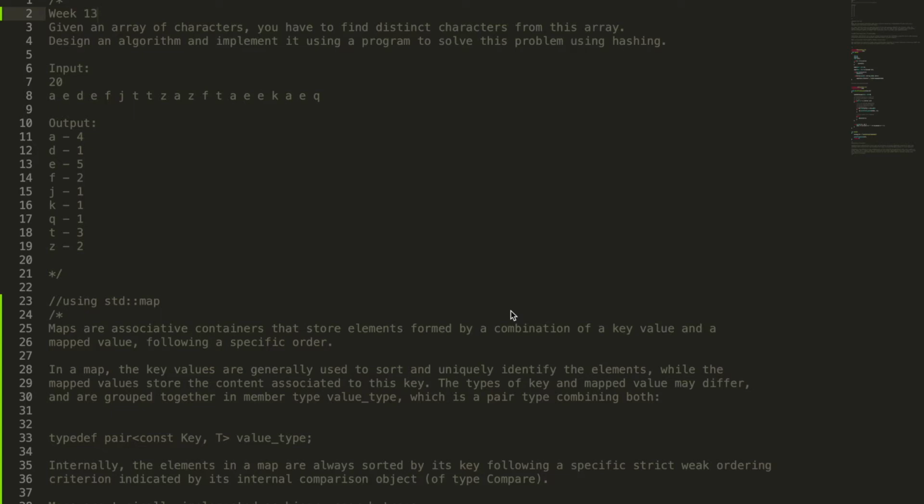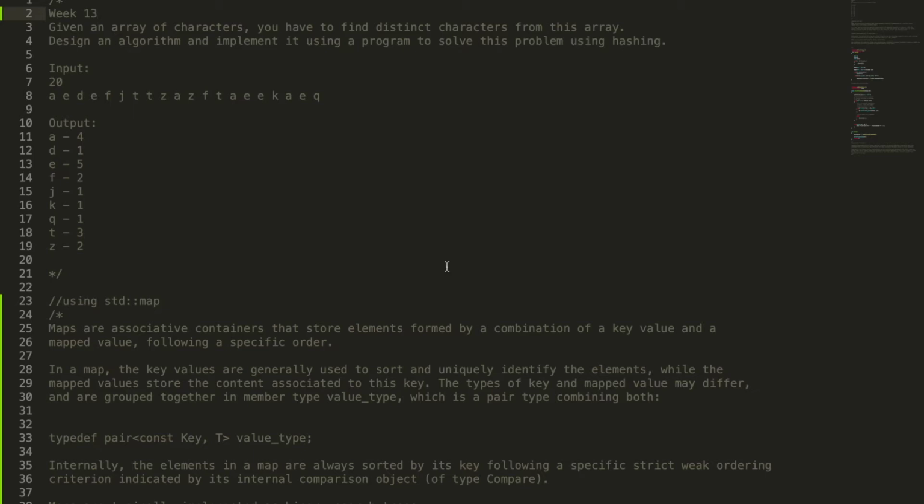If we were not using hashing, we could have used the functions that are available in STL. For example, we have the count function and the count_if function. We could even use lambda functions, which we have already studied in the activity selection video. But as they have specified that they want the problem to be solved using hashing only, when the term hashing comes, we have these containers in STL known as map and unordered map. So we are going to solve this question using both approaches, map and unordered map.